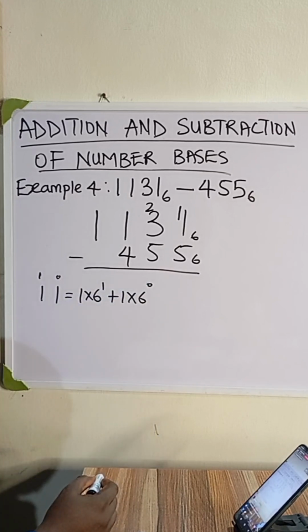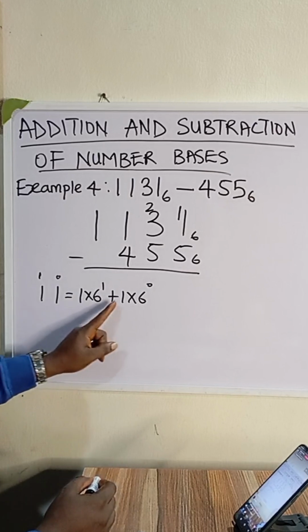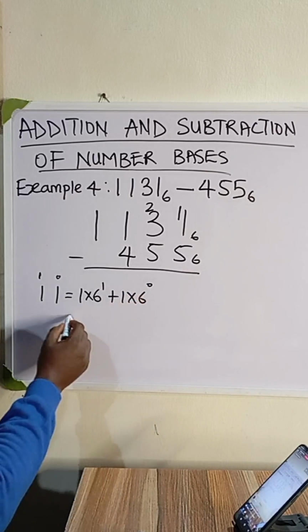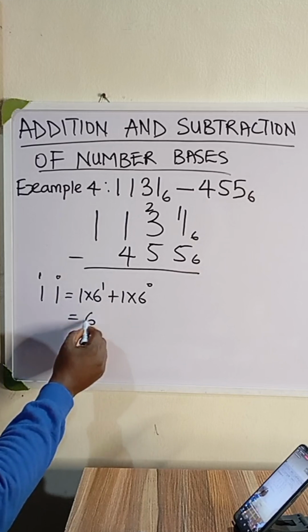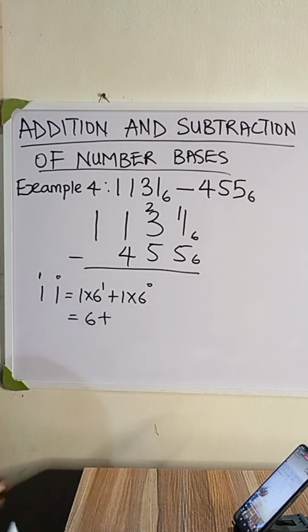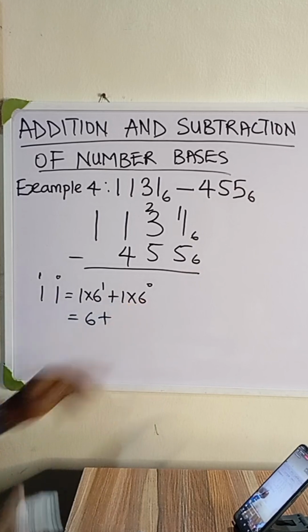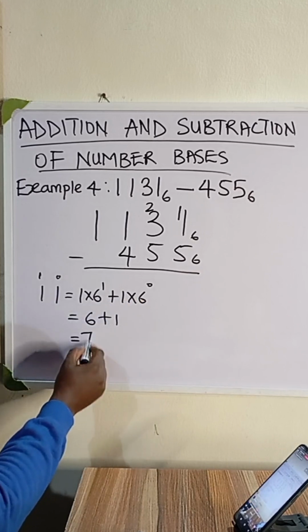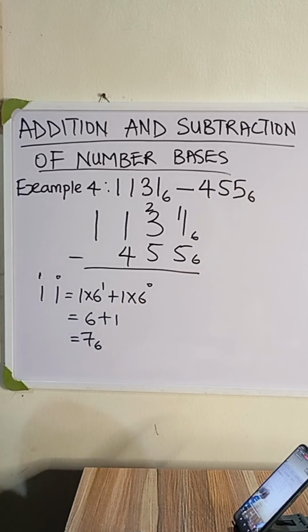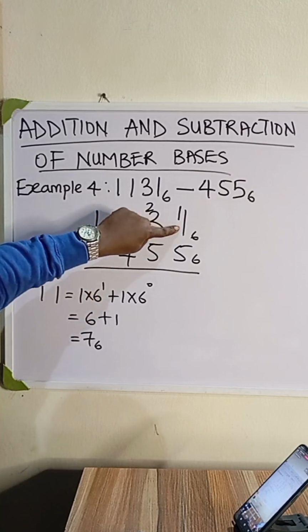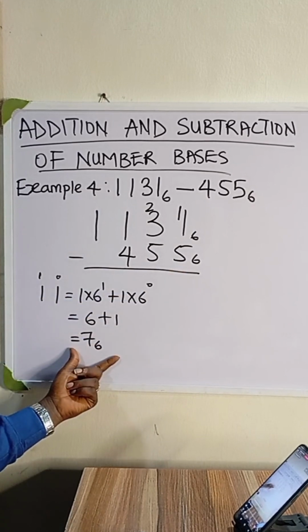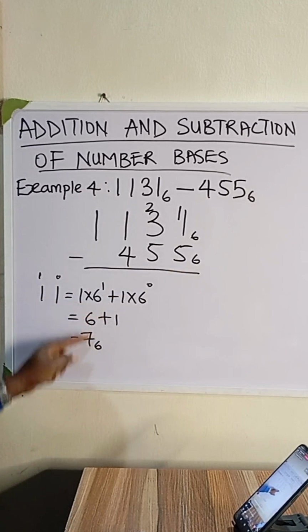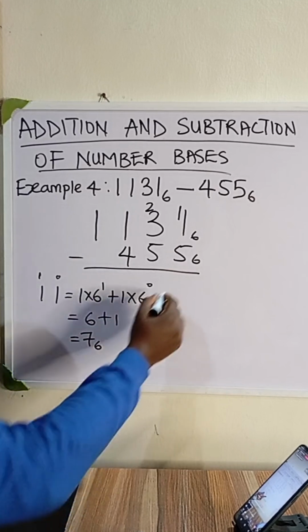1 times 6 to the power of 1 plus 1 times 6 to the power of 0. So 6 to the power of 1 is 6, and 6 times 1 gives us 6. Plus 6 to the power of 0 is 1, and 1 times 1 is 1. So this will give us 7 base 6. So before we subtract, we go through this process. So this 11 base 6, what we are going to use to subtract 5 is actually 7 base 6. So now we can do 7 minus 5, and that will give us